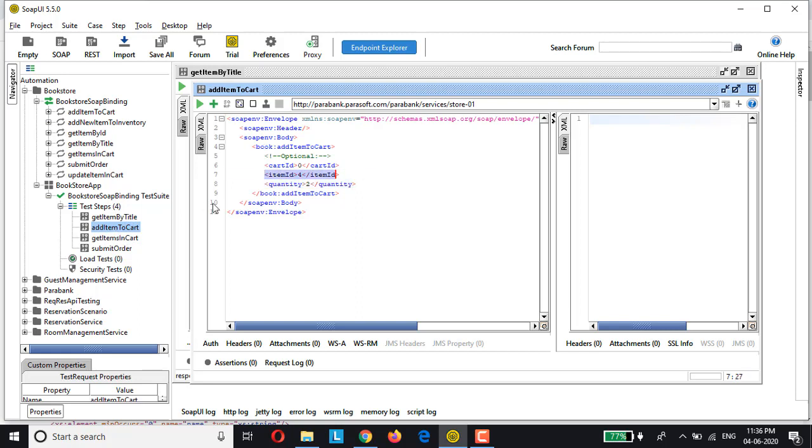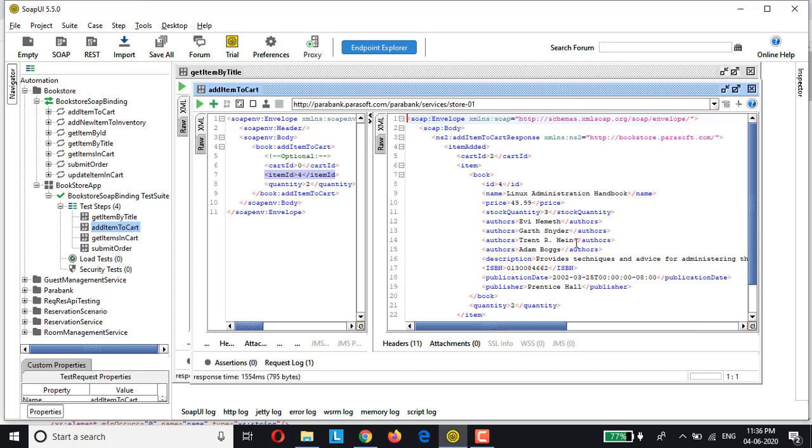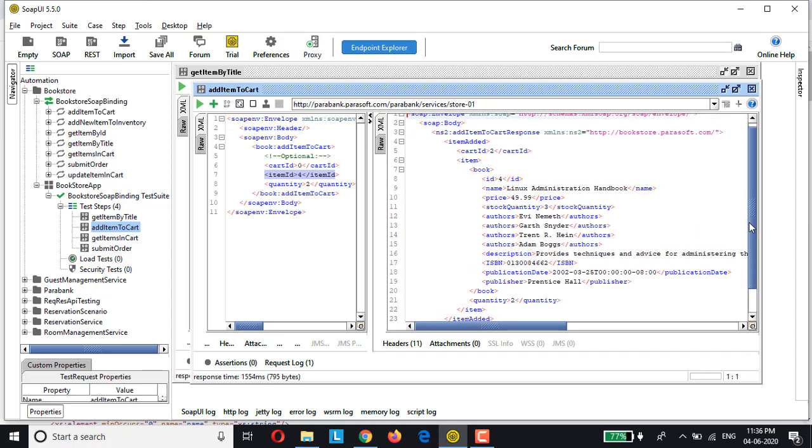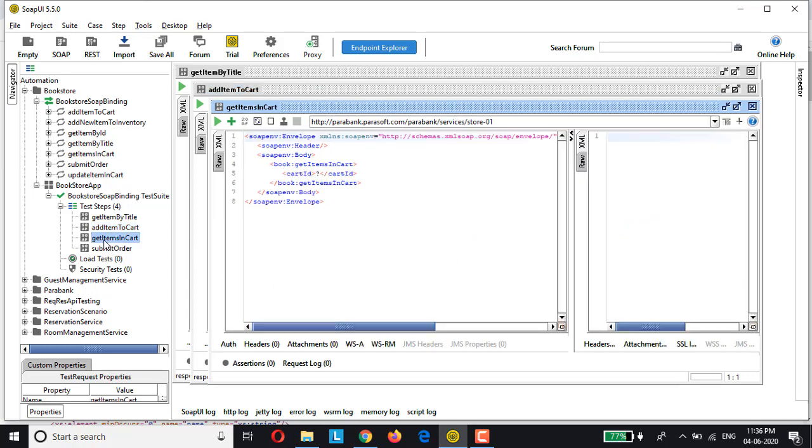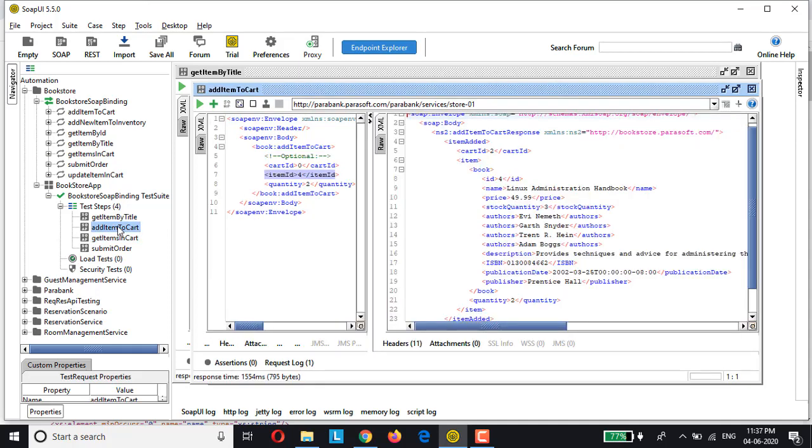Meanwhile, let me just quickly execute this and let's look at the response for this. So here it is. This particular book has been added to the cart, and now what we are going to do is we'll retrieve the items in the cart. So this can be achieved if you go back to the add item to cart, right? So if you look at the response,